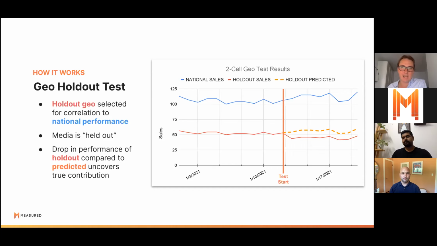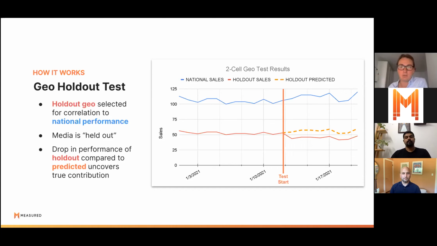This is what your business normally does over time without you monkeying around with media. And then let's say we take out 5 states, consider that the red line, that highly correlate with the national sales, meaning that if we know what happens in the business as usual, or the national overall, we can easily predict what would have happened in those 5 states had we done nothing, had we done no treatment or changed nothing about media.